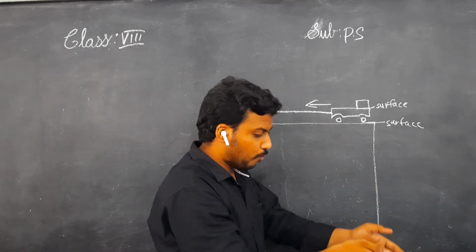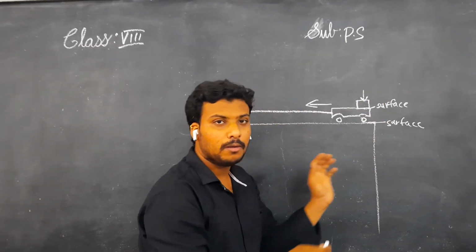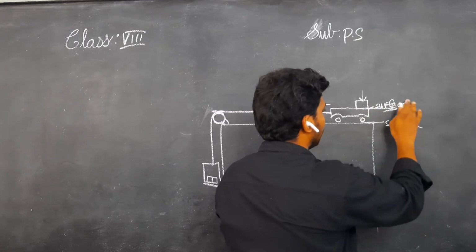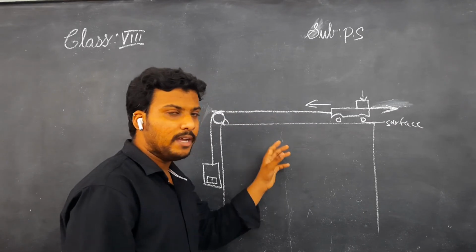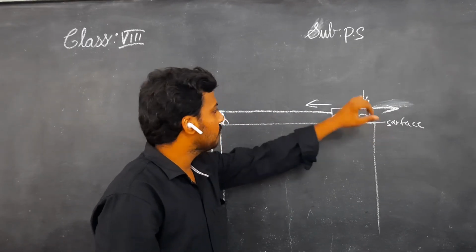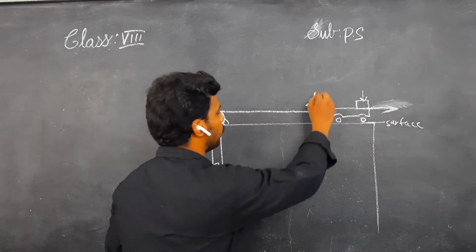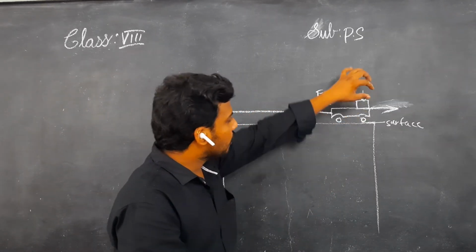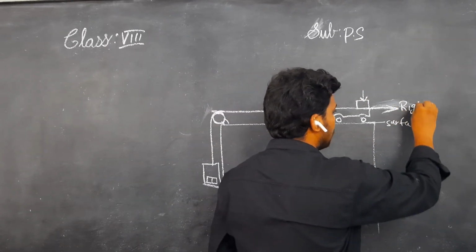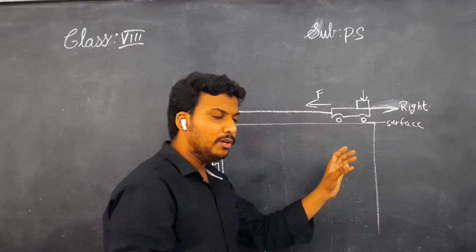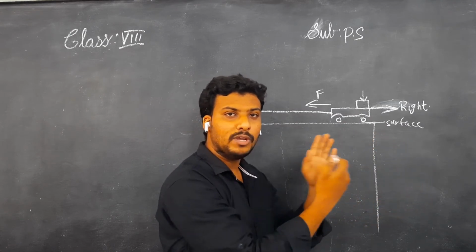In this proportion, what happens? The wooden block moves at right. Moves at right children. Understand children? When the trolley is moving, due to the frictional force, it applies the force in the forward direction, that is at left, frictional force F. At the same time, the wooden block also moves towards the right. Moves towards right children. Understand? Continually put the weights in the weight hanger, and you will see the wooden block moving at the right side.